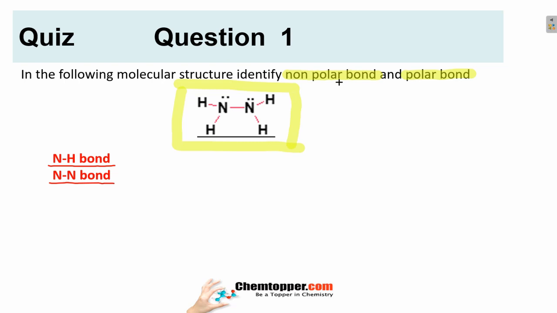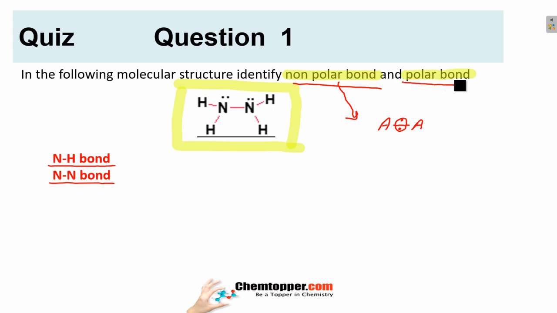Now, what is a non-polar bond? When there is no charge separation. For example, A is bonded to A, both the atoms are identical, no charge separation. So this is a non-polar bond. Because atoms are identical, the force of attraction on the shared pair of electrons between these two atoms is identical. So electrons are not going to shift in any direction and they are equally shared by both the A's.